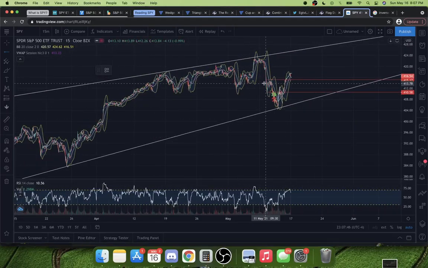That's why I like to use these. I don't extend it all the way across. I use these levels and just place them where the action is that I'm looking at, so that I know where it is in reference to a more larger scale. Okay, so finding that next support level, I'm gonna look at this